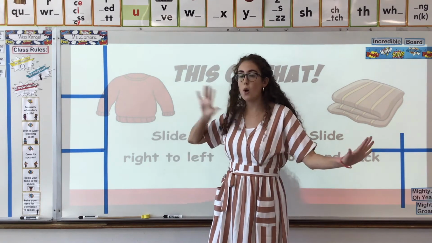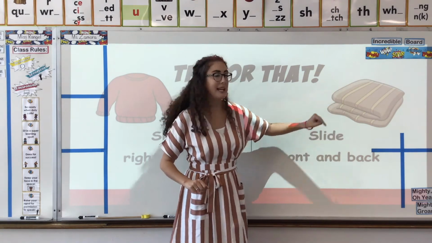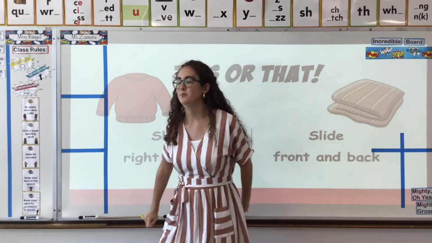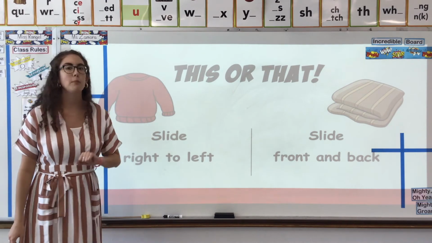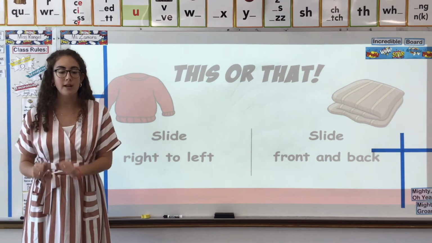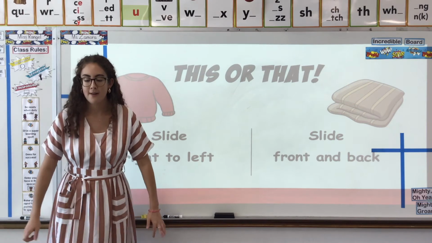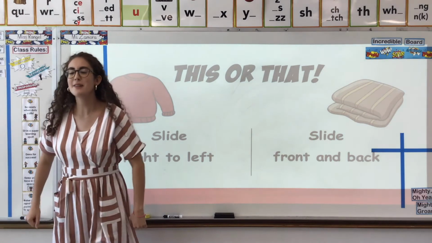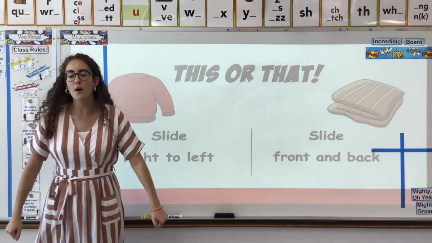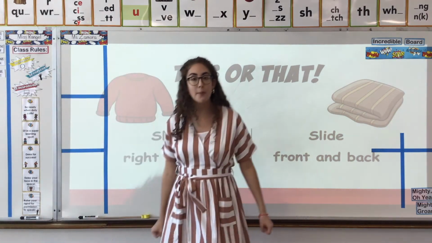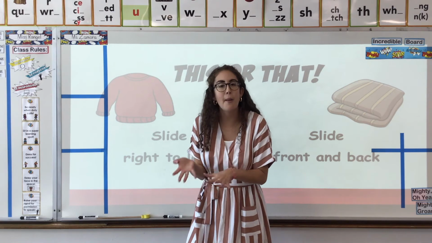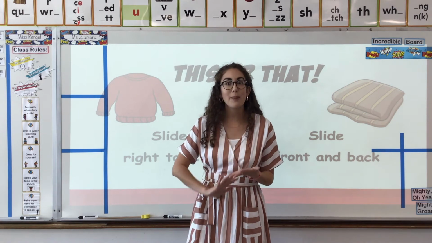Sweater, you're gonna go right to left. Blanket, you're gonna go front and back. What is your pick? I like to put on a blanket, so I'm gonna go back to front. Okay, here we go. 1, 2, 3, 4, 5. Okay, we got our break, so we can go ahead and sit back down, settle back down, and get your whiteboard nice and ready,